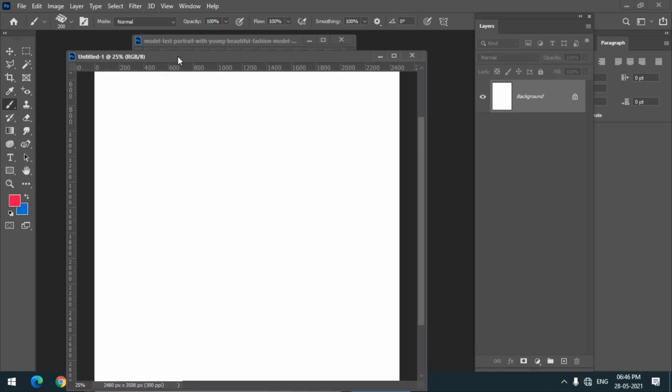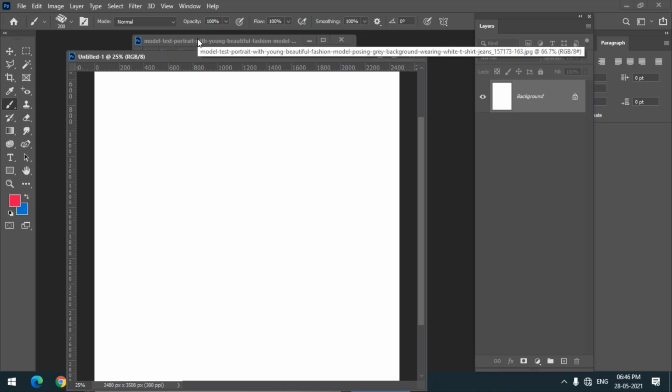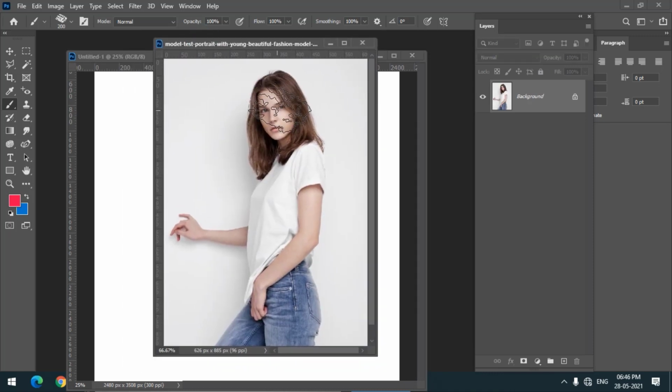First of all, let's say I choose any image, and I want to select the face and create a brush of that face or that selection. I can first select the face or whatever area I want, using any selection tool.